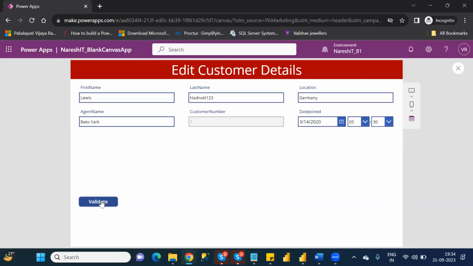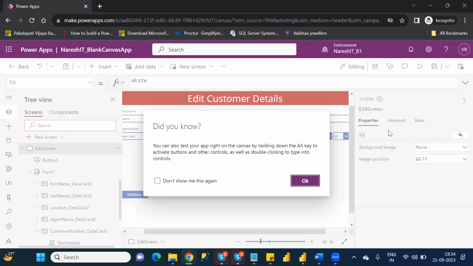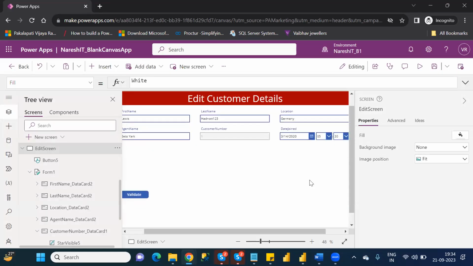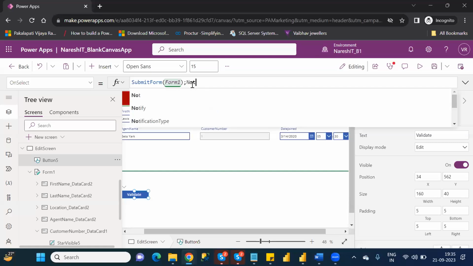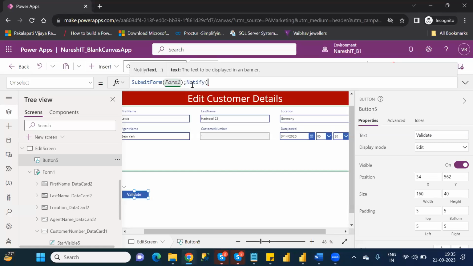Once you click on validate, that means the validation part is completed. If I want to know whether that particular operation is done or not, how can you check it? Again, you have to write notify, because with the notify function only we can pop up the message. Based on that, we can get the confirmation that it is successfully updated. So for that, the function is notify. In the notify function, just